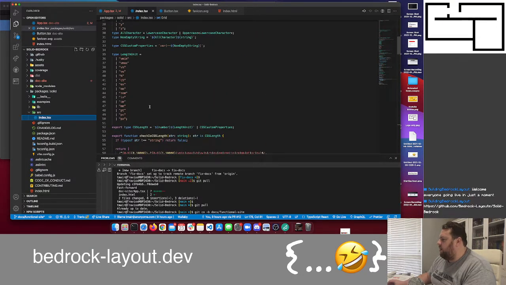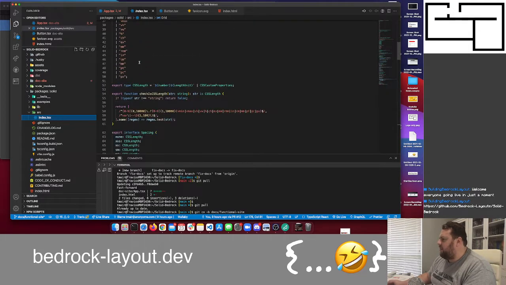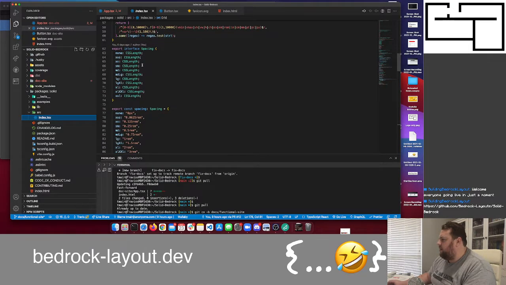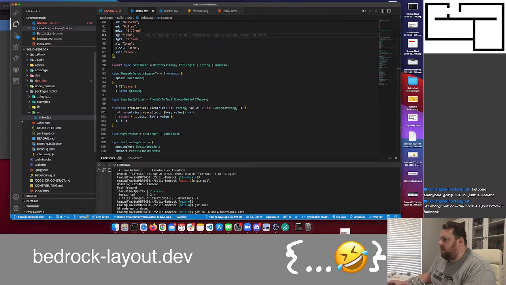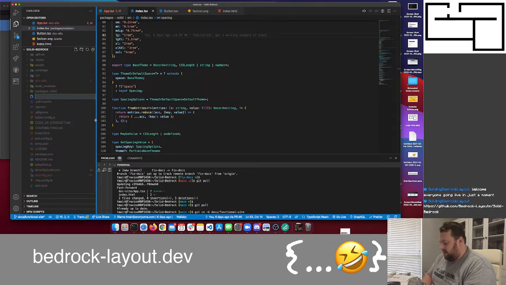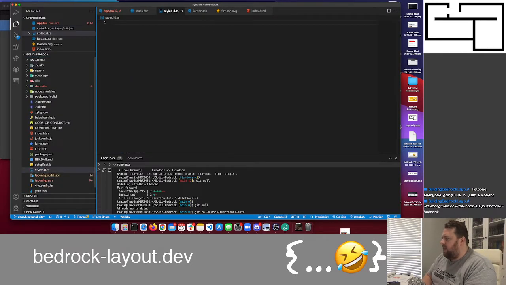I have some default spacing in the types right here, but I also want to provide the ability to override that. And so in theory, if I come out here, let's write styled.d.ts,